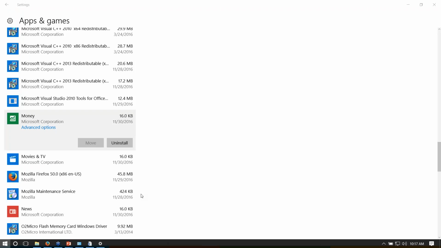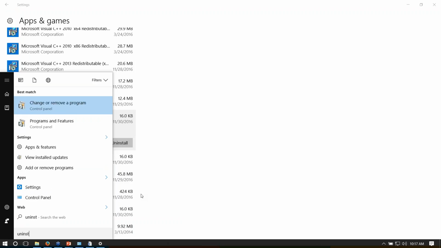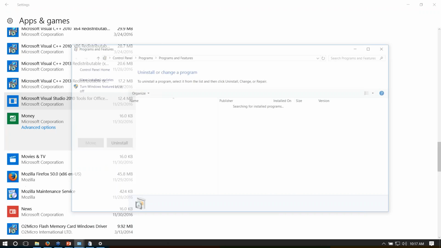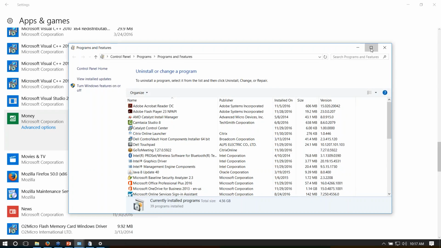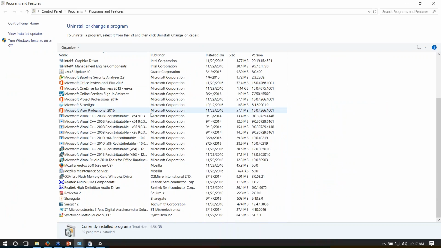Now the second way that you can uninstall applications themselves is just by hitting that start button and then typing in uninstall. It's going to give you change or remove, and that'll open up in the control panel itself. Very, very similar. The Windows 10 interface is very much more user-friendly and GUI and visual, but you can see that you can come in here to all of these and see the same thing just in a slightly different